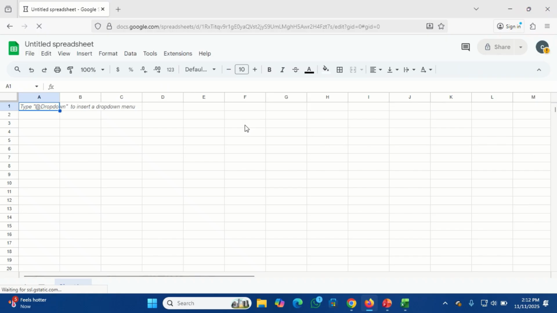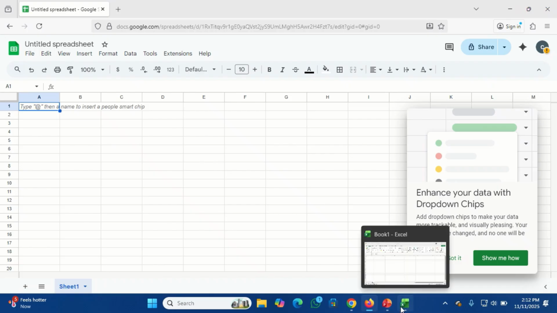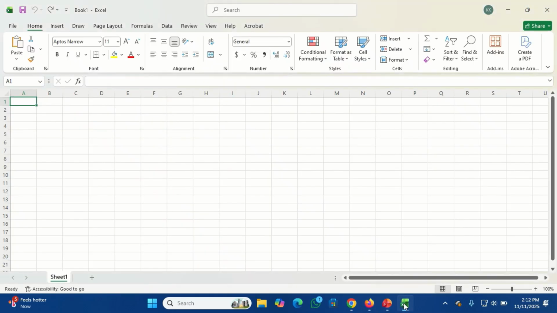Whether you are working using Google Sheets or using Excel, it's still the same thing. So what we need to do first is to create our headings. We are going to build a structure for our budget tracker. First of all, in cell A1 I will type items. In cell A2 I'm going to type